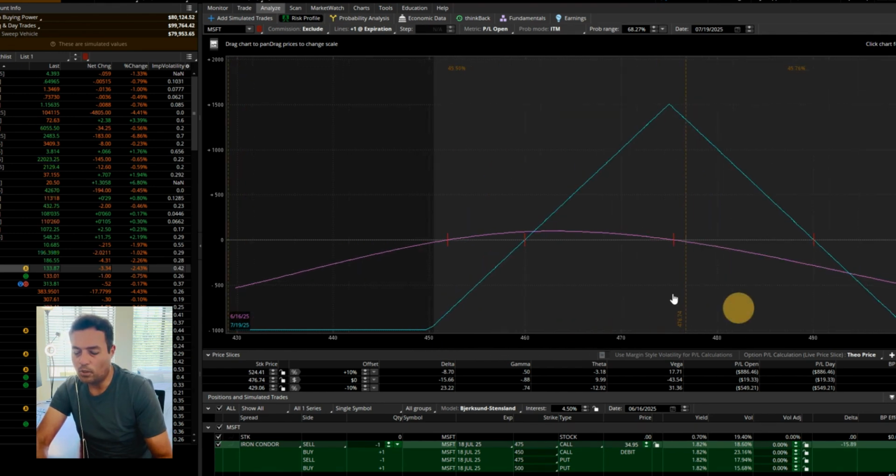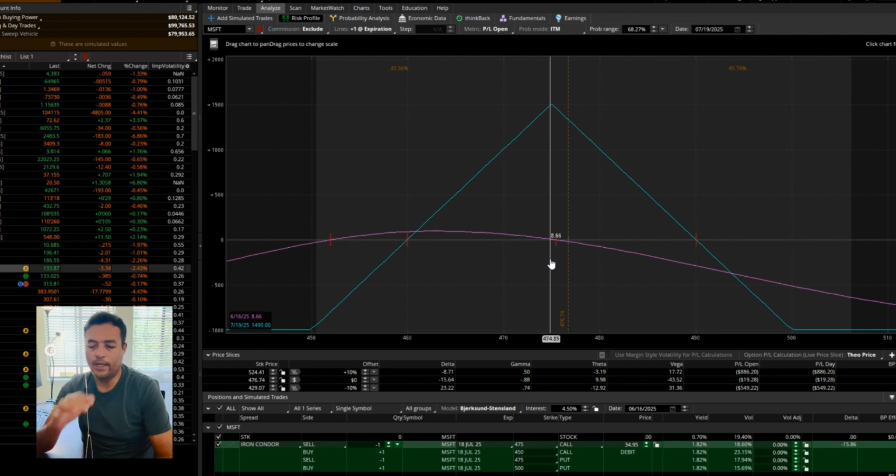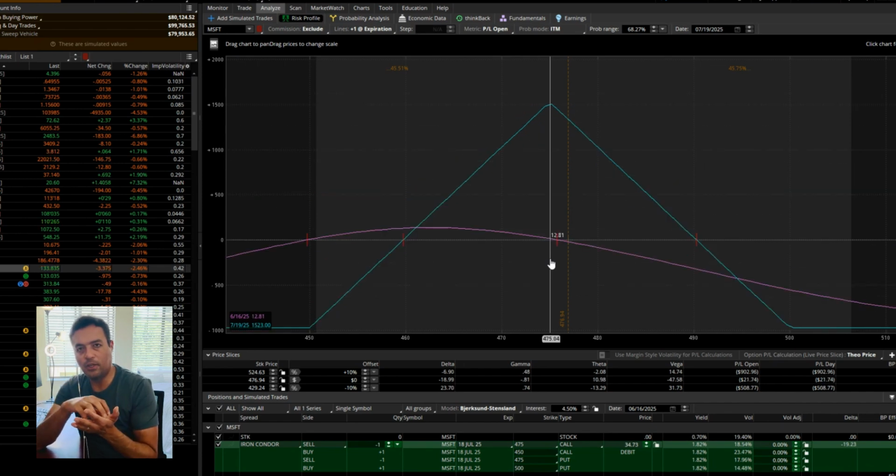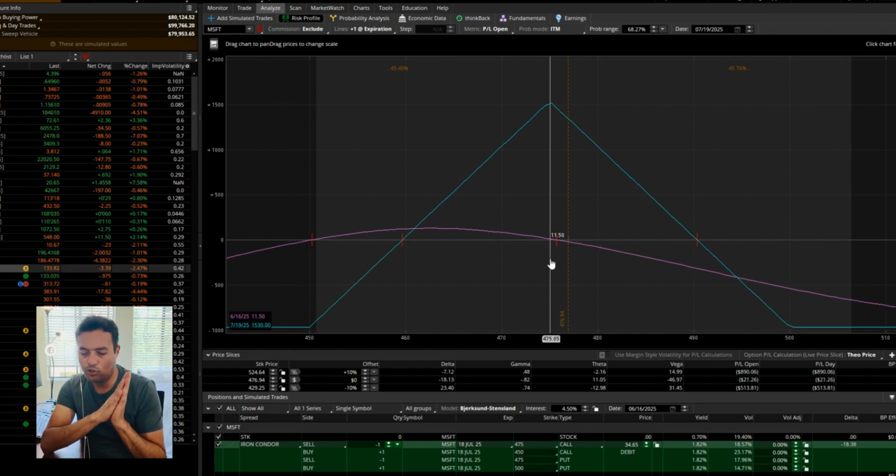Here's the problem with this one. Because you're selling at the money, you collect a lot of credit. I get it. But then you don't have enough room to move from where it is right now. With a strangle, you start out of the money and then you have more room to move. With these straddles, your max profit collection, or at least for me, would be between 15% to 20 to 25% max. I would not wait until 50% of premium decay as I would in a short strangle trade